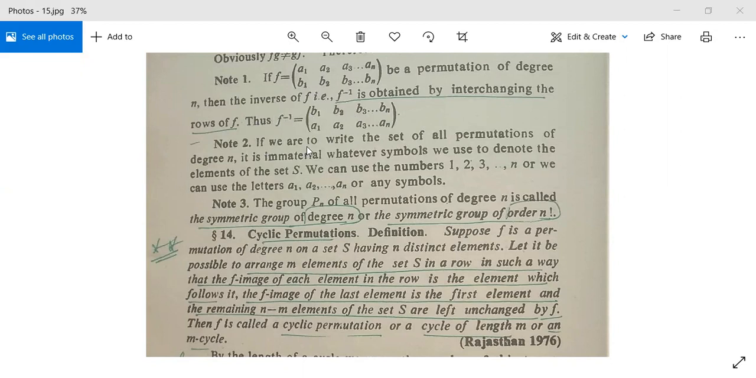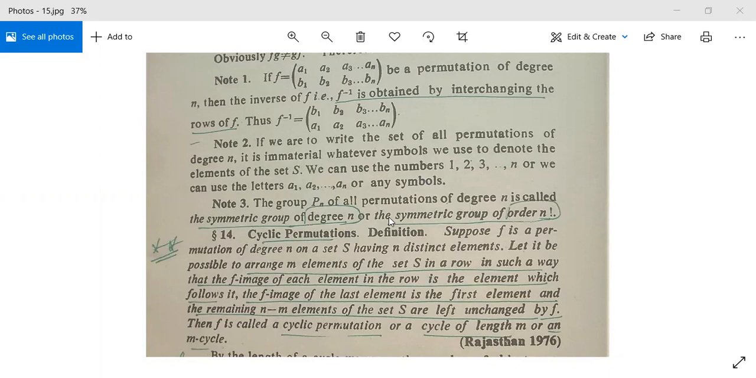Note 2: if we are to write the set of all permutations of degree n, it is immaterial whatever symbols we use to denote the elements of the set S। हम कोई भी सिंबल यूज कर सकते हैं। We can use the numbers 1 2 3 so on n, or we can use the letters a1 a2 a3 so on n, or any other symbols।